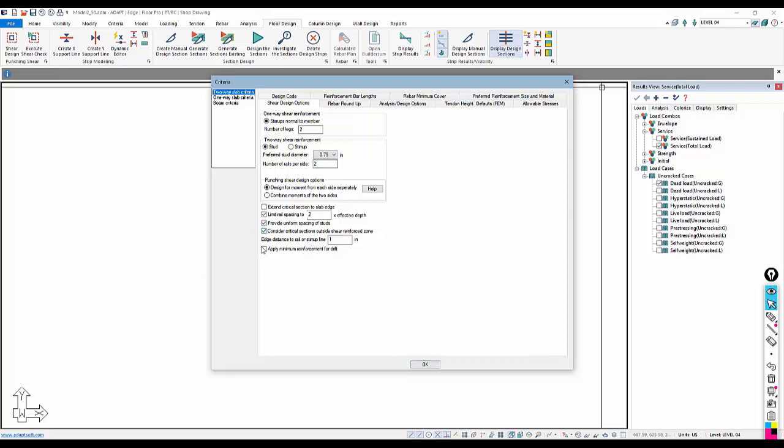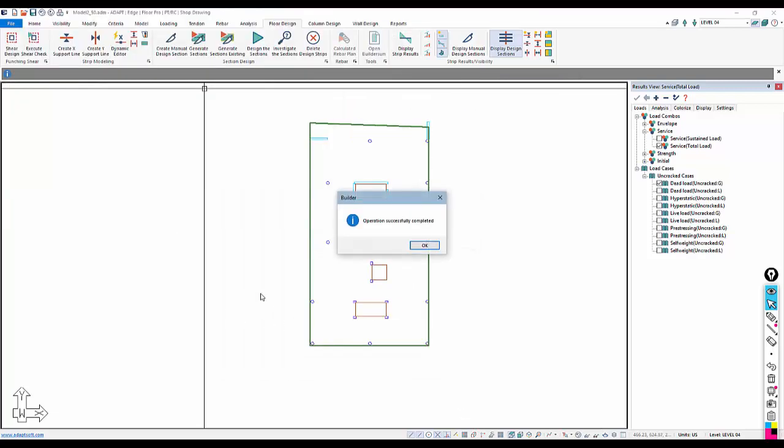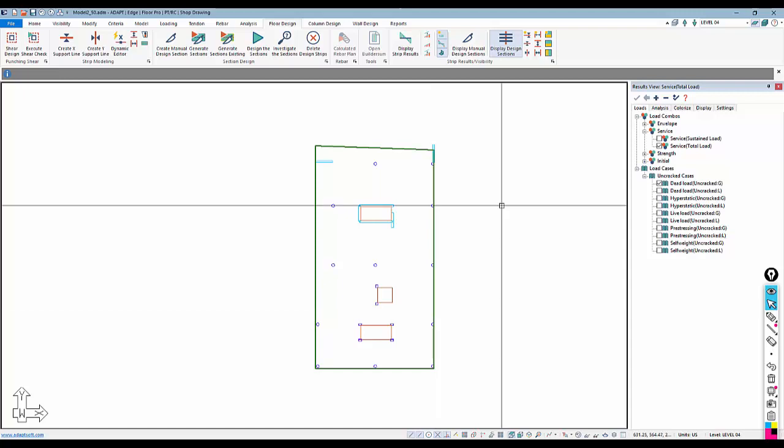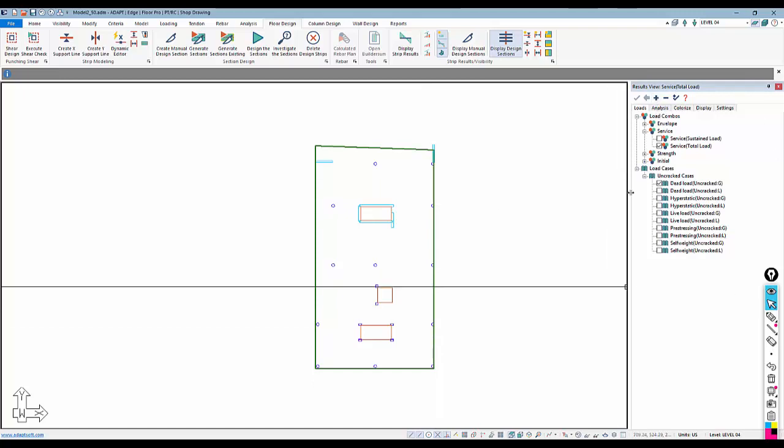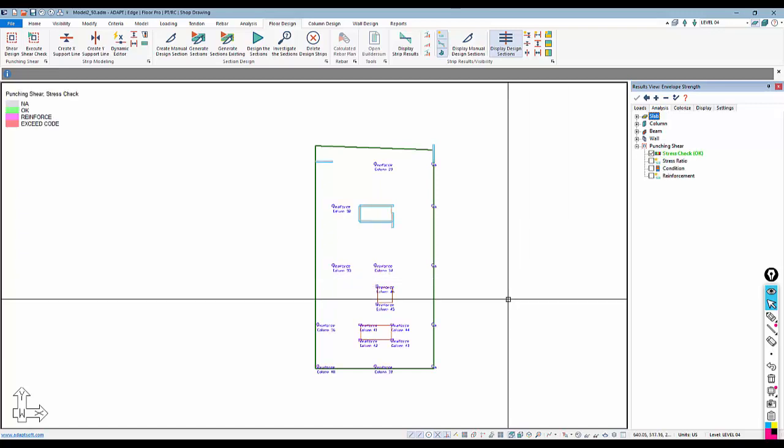So we'll say OK. We do have a video that defines this in more detail. Again, on our YouTube channel, you can search punching shear, and you can get more information on these options here. Once you've set up your shear design options, we're going to execute the shear check. Under the result browser, which will open at the right hand side, under the loading tab, I'm going to select the envelope of strength. And under analysis, I can go to punching shear, and I can review the punching shear